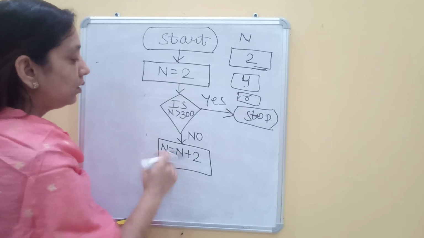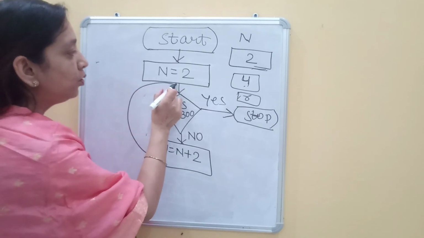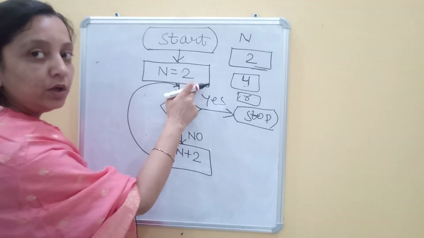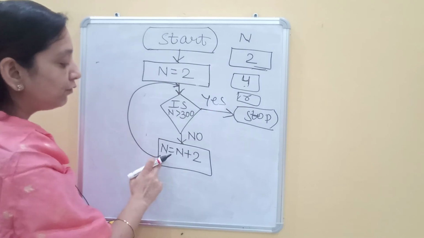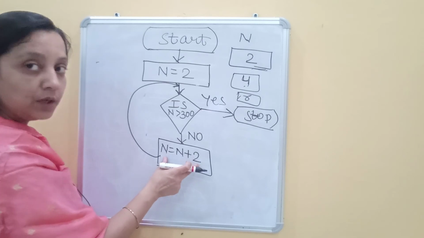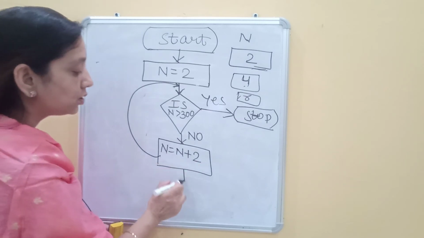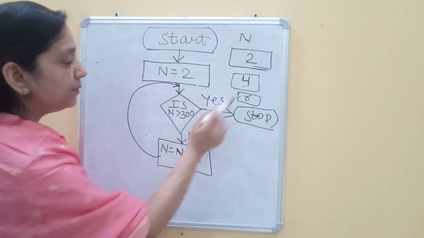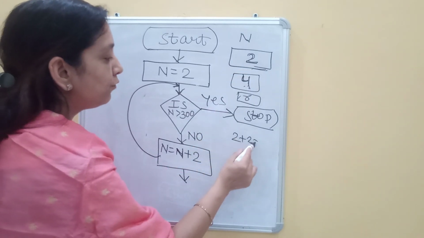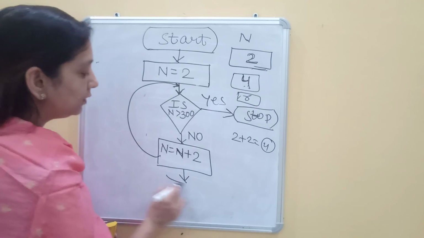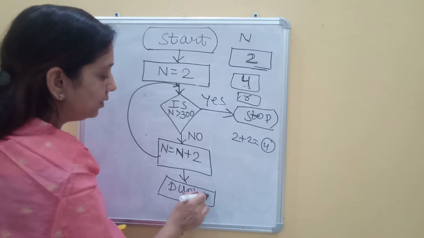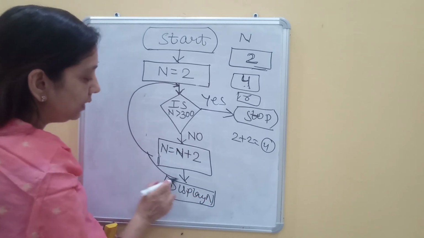Yes, so from here the loop goes back to this particular point, because this value of n is only for the initial even number. But after this, from here on, it will keep calculating the even numbers from this formula using this calculation processing box. So n equals n plus 2, that means next time it is a 4. Initially it was 2, then 2 plus 2 gives you 4. So the next even number is 4. It will say display n.